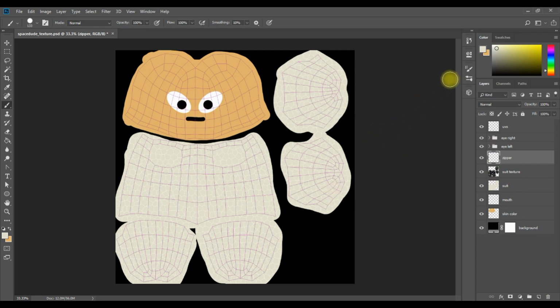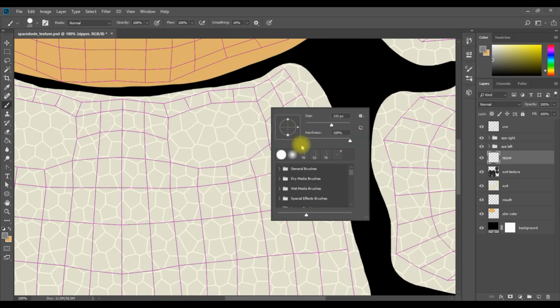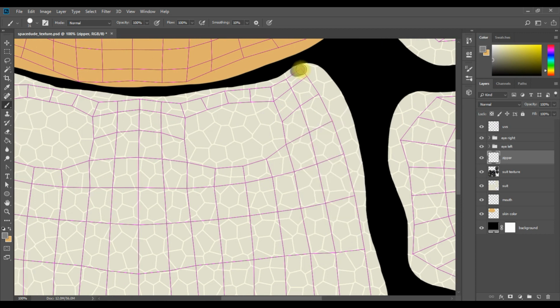I'm going to choose a color for the zipper. I don't know, I guess a dark gray is probably fine. And then I'm going to very carefully go around the edges of the suit and make zippers. So I'm going to zoom in here so I can see what I'm doing. Make a brush, and this will be my zipper. And right here I'm getting right in between